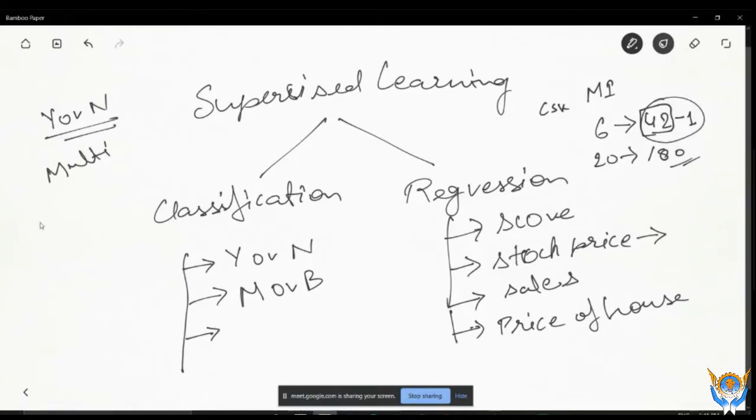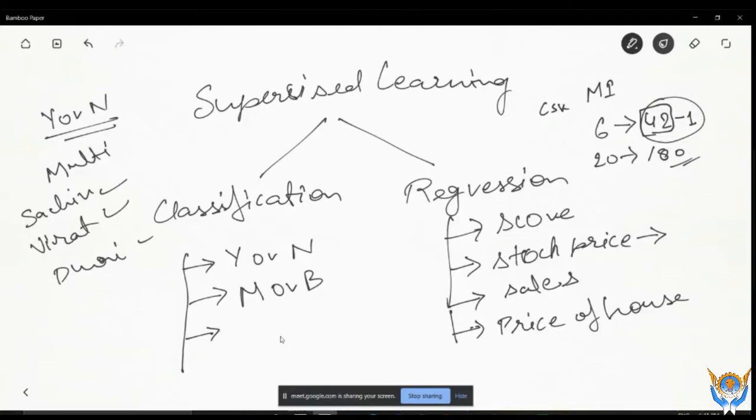Okay, so in multi-class image classification, we have images of different cricketers. Like we have some images of Sachin Tendulkar, some images of Virat Kohli, and some images of, suppose, Mahendra Singh Dhoni. Now if you give some new image of Dhoni, or Virat, or Sachin, the model will classify whether it is Sachin, Virat, or Dhoni. So this is called classification, where we want to classify between some classes. This is a classification problem, where you have to predict classes.